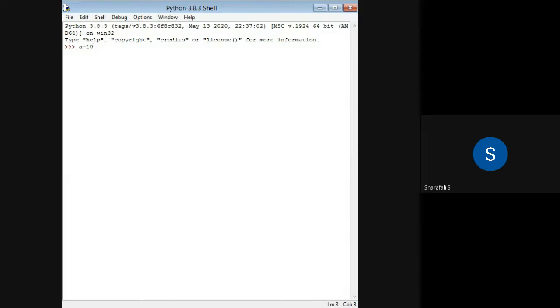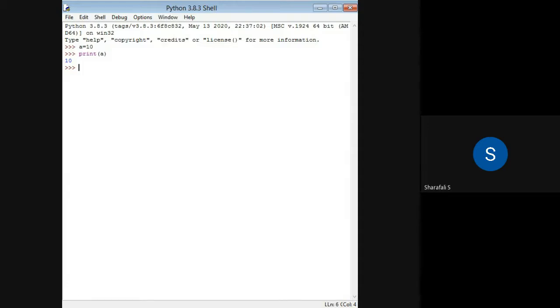You can also perform other operations. Now, what will be the value of a? The value of a will be 10, because the value 10 was assigned to the variable a. That is how the assignment operation works. You can also use the other assignment operators, and you will get the same kind of operation using them.